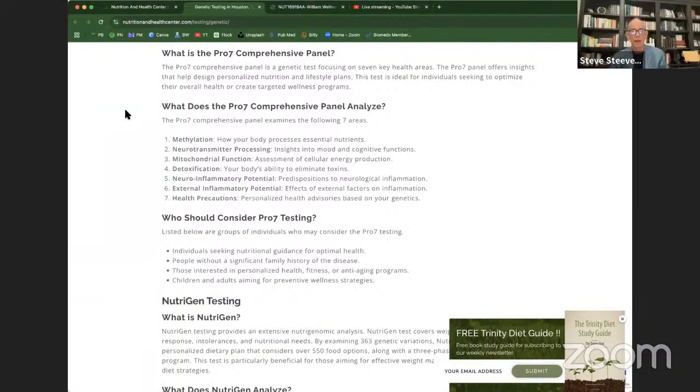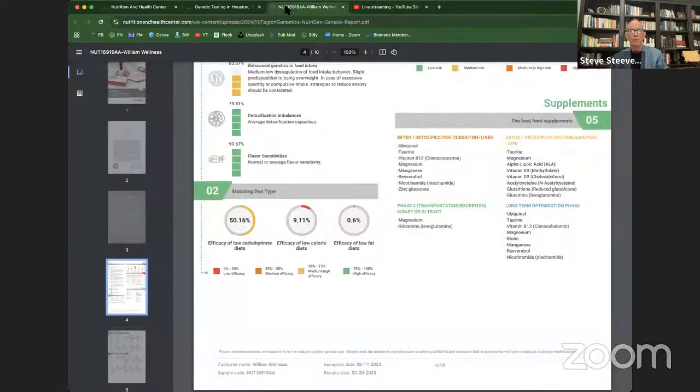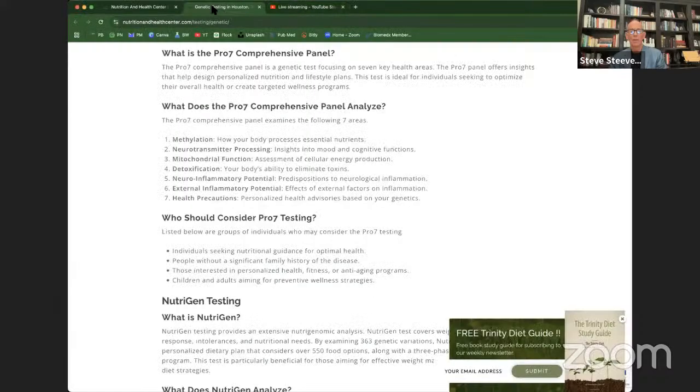The Pro 7 is the panel that I did, because there's so much more information in a Pro 7. The one we just looked at is the Nutrigen panel. I think it has 353 genetic variants that are tested, and I forget how many are in the Pro 7. It's quite a bit more. Yeah, the actual Pro 7 has multiple different components to it, dealing with